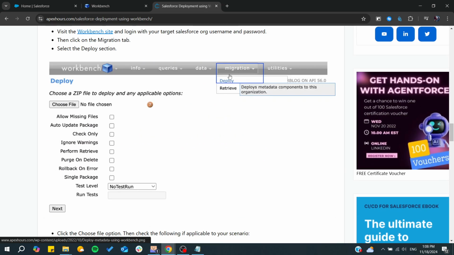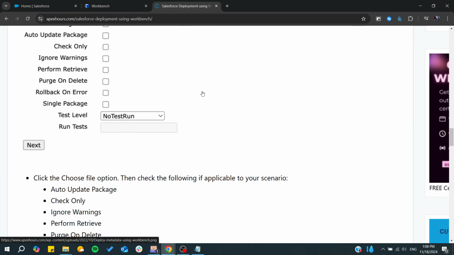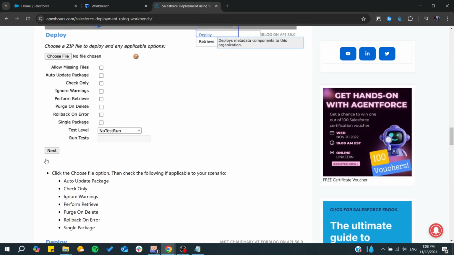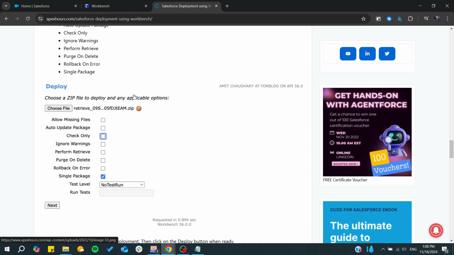It will be something similar to this. You choose the zip file where you have your components. Then you choose your criteria, like if you have only a single package, or some rollback on error, or to ignore the warnings. Also, you can proceed with testing your package if you have some test cases. Then you just click on next, and then it will become like this